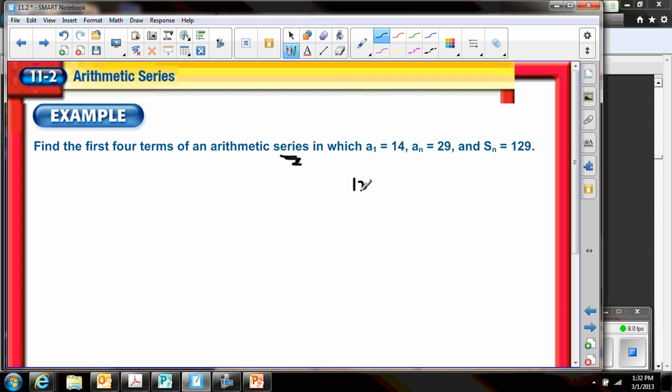So we can say s sub n is equal to n over 2 times a sub 1 plus a sub n. Solving for n in this case, and again we're going to talk our way through these steps because my mouse handwriting seems to be getting worse as we go on. We're going to go 129 times the 2, which is going to give me 258. 14 plus 25 is going to be a 39, which I can then divide by, and that gives me an answer of